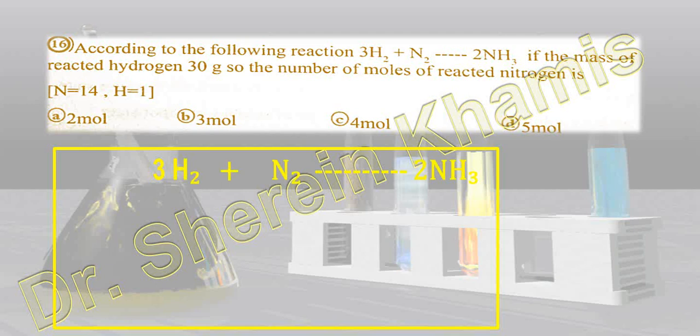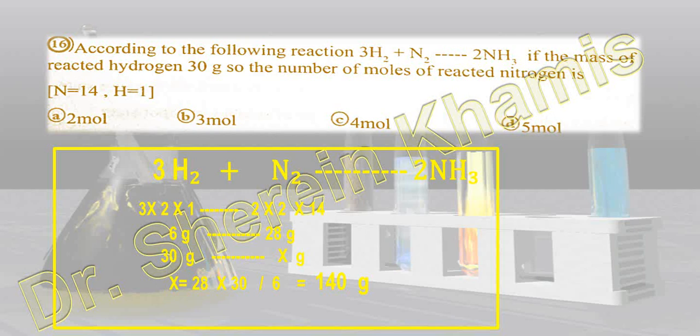We will make the calculation. 3H2 plus N2 gives 2NH3. We have 3 times 2 times 1, and for nitrogen 2 times 2 times 14. So here the mass will be 6 gram, and here the molar mass will be 28 gram. We want to get the mass of nitrogen that reacts with 30 gram of hydrogen. So we make cross multiplication: x equals 28 times 30 divided by 6, so the mass here is 140